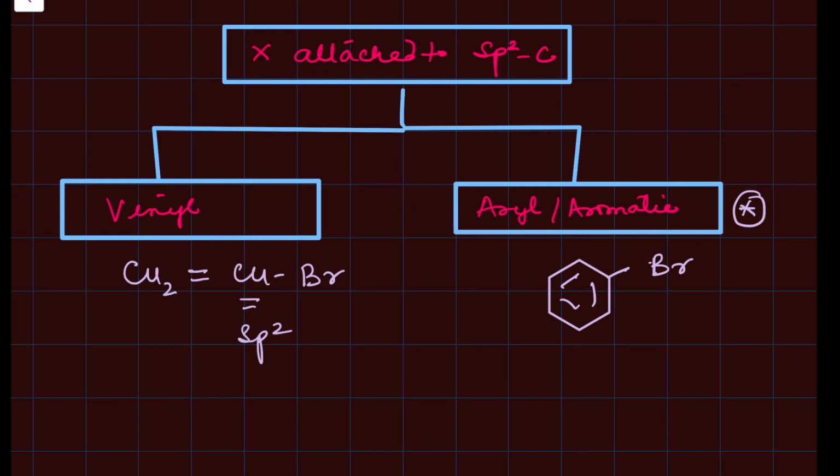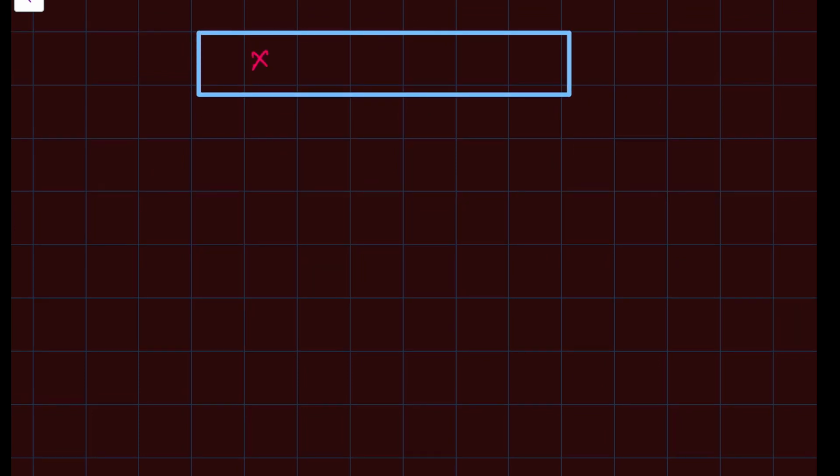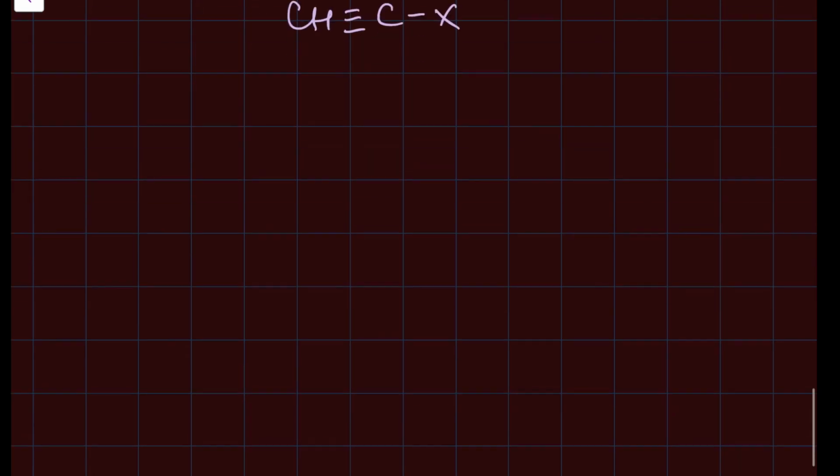Next category, X attached to sp hybridized carbon. So, there is only one category. Now, we will talk about